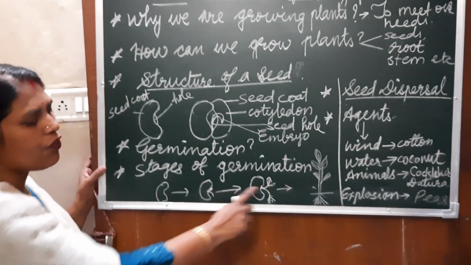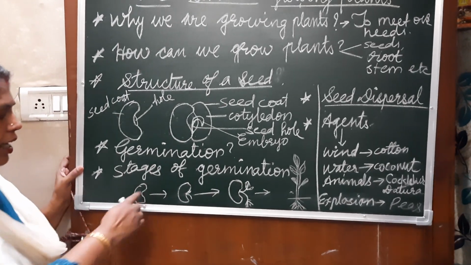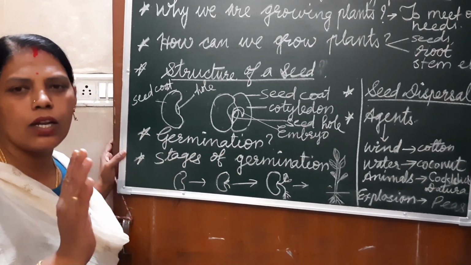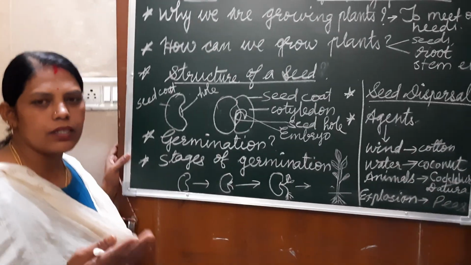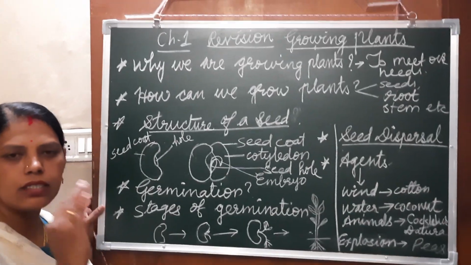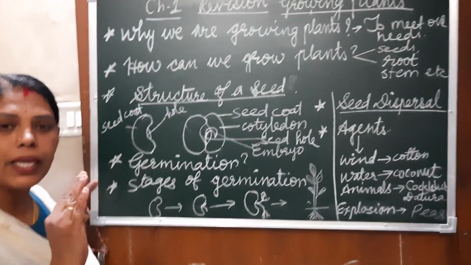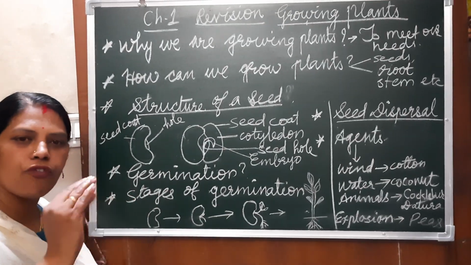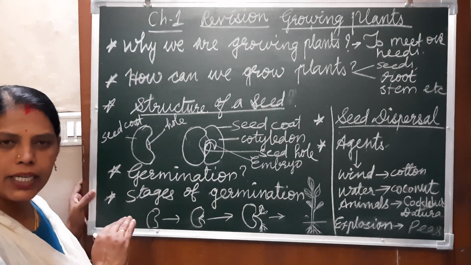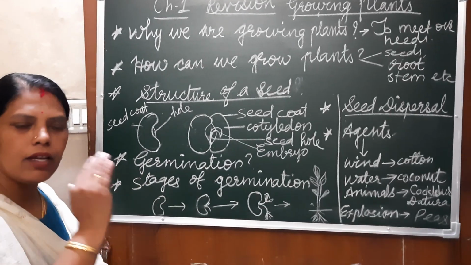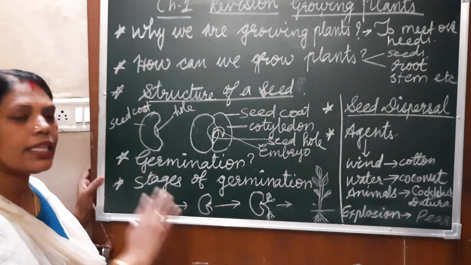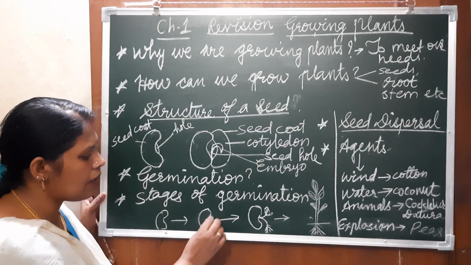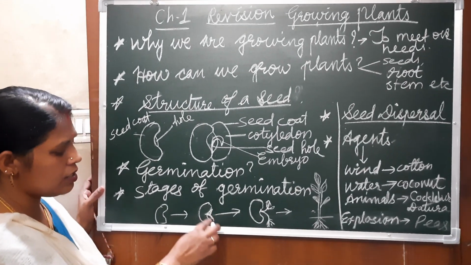Okay, now these are the different stages of the germination. It means when the seed falls on the ground, it will not start immediately. Okay, it will not grow, and it takes a resting period. That period is known as the dormancy. Okay, and afterwards, when it gets the favorable conditions like proper temperature, proper air, moisture, everything, then it starts to grow. And at that time, from here itself you can see the structure, right?